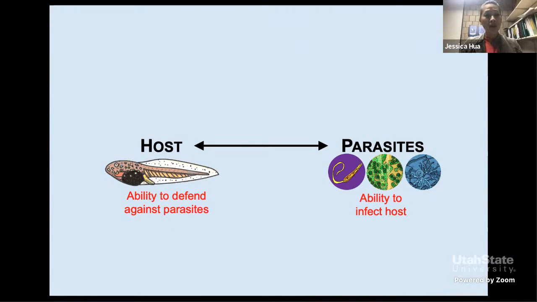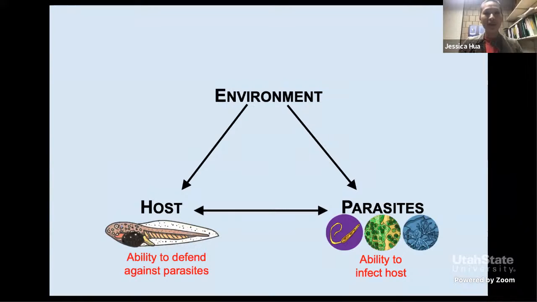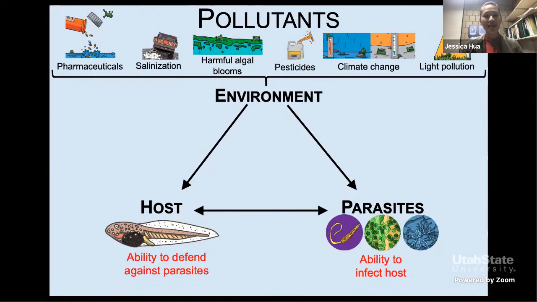Now, building upon this sort of framework, the field of disease ecology has increasingly recognized the importance of the environment in shaping both the host and parasites and also their interaction. Being trained as an ecotoxicologist, when it comes to the environment, my lab is interested in understanding how pollutants might influence this interaction. And so while this disease triangle framework provides a really nice way to understand how pollutants affect